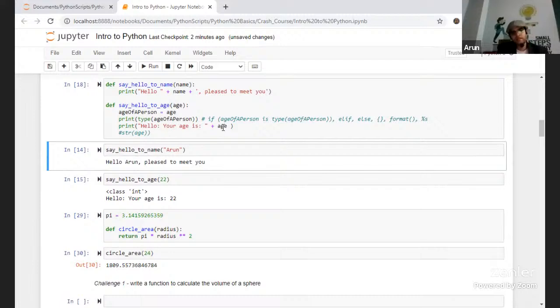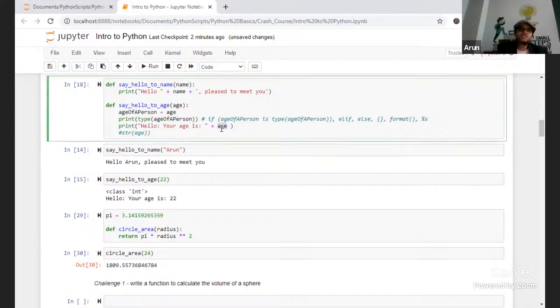So the system assumes this age is a string.